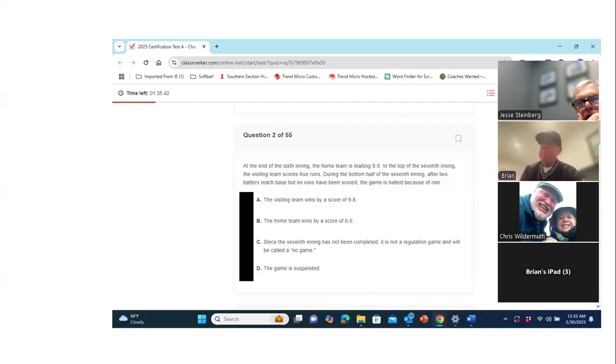So if the game has to be called because of rain in the 7th inning, it's a legal game. If both teams have not had an equal number of at bats, or the home team is ahead with 1 less at bat, then it's a ball game and you revert back.